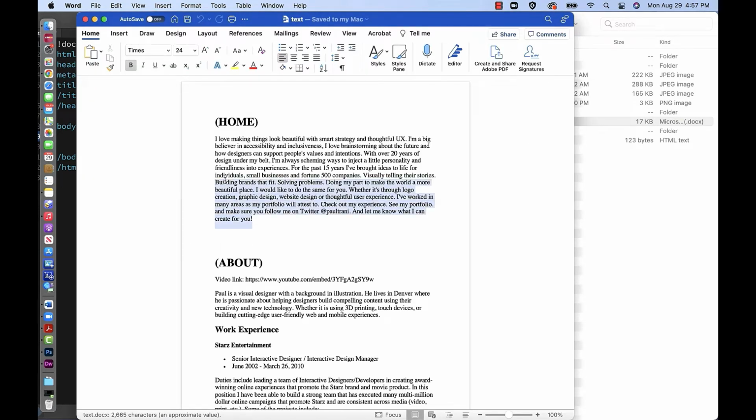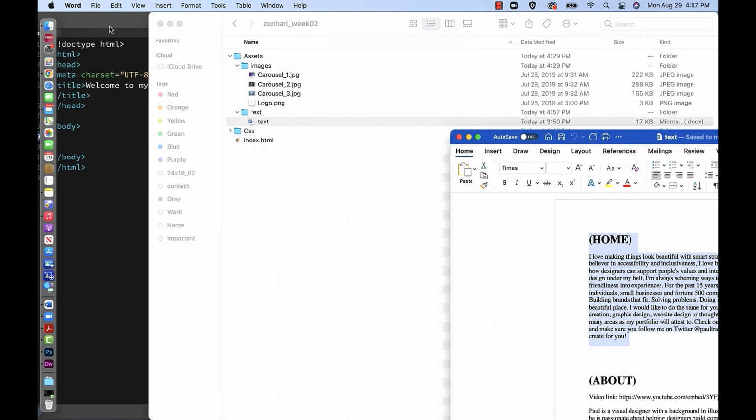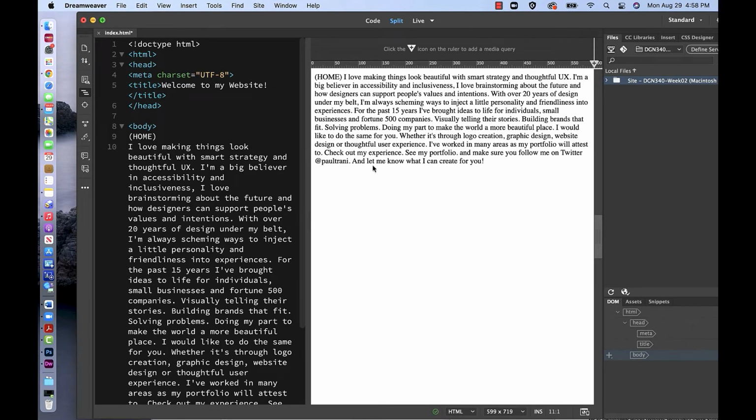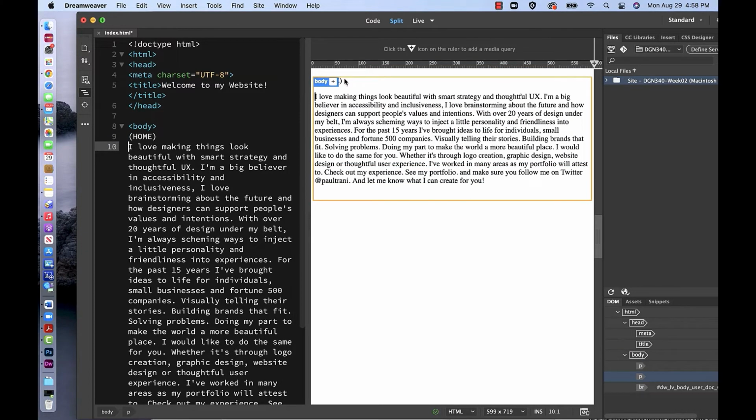I'm going to go ahead and copy this text here. And again, for anything to become visible on the browser, it has to be within the body copy. So it has to be within this opening tag and closing tag of this body. So I'm going to go back in the middle and simply paste the text. And as you can see, it basically added the textual information to the page based on the default setting in